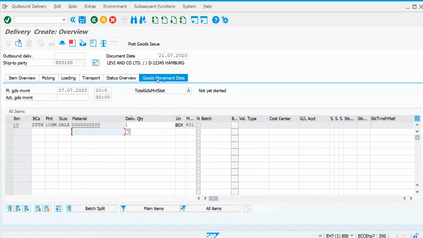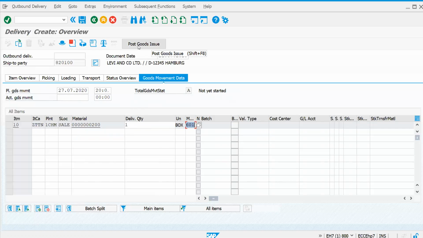Outbound means on the sales side, the stock will be moved from your inventory to outside. In goods movement data, you can find 601 is the movement type to send the stock out. This is the item category copied from the order to here through copy controls, and this is the plant and this is the storage location.